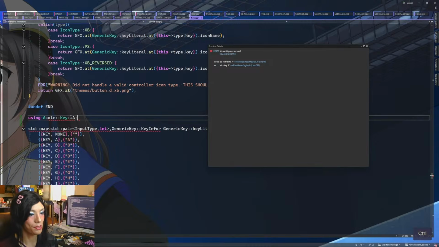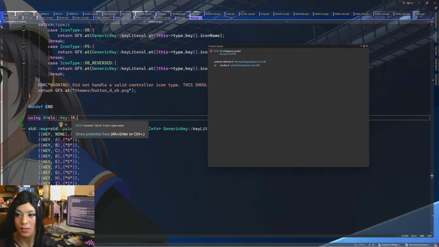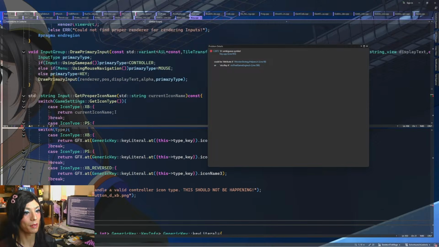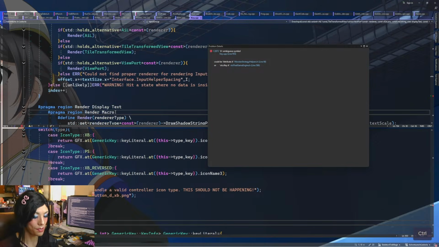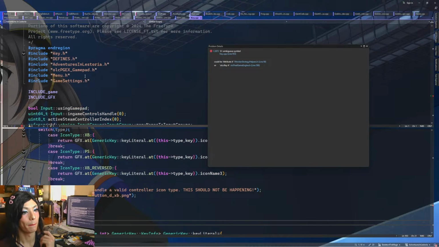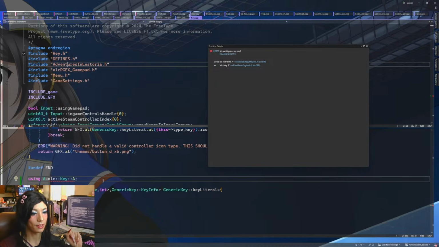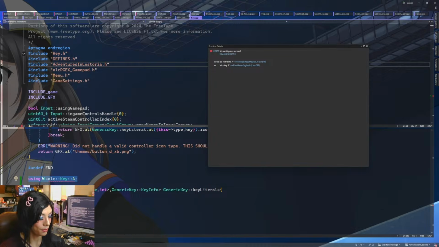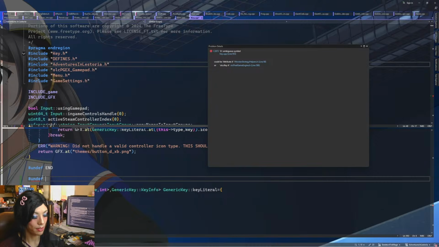That's what I assumed would replace it with the new one. But constant OCA is not a type name. Unless it just outright doesn't know what this is, which is unlikely. Well, this would definitely define OLC Pixel Game Engine, so that should be a thing. Can I just undef A? I don't think that's a thing, because I think that's macro related.